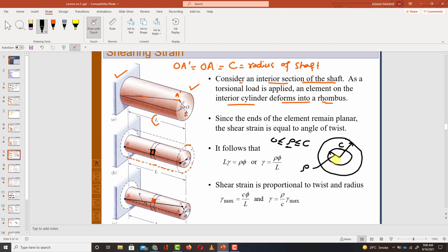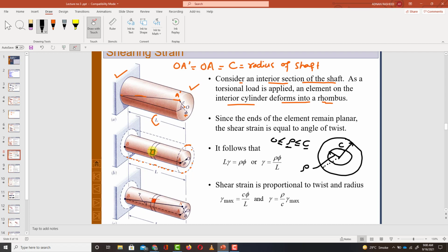It can be 0, it can be any value at any point, but the minimum value is 0 and the maximum value is the radius. So if you have taken the internal portion of the shaft and a square or rectangular red mark is marked on that